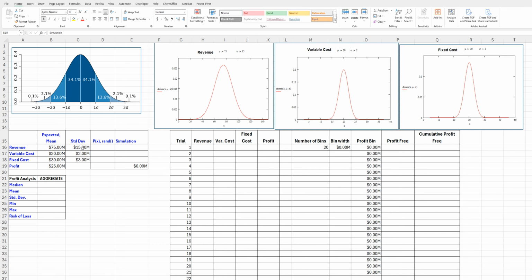So we are going to say that the revenue has a standard deviation of 15 million, variable cost 2 million, fixed cost 3 million. And you can look at the relative amounts. For the variable cost and the fixed cost, the standard deviation is about 10%. The relative standard deviation for the revenue is 20%. So what we're saying is that there's a little bit more risk in our revenue than there is relative to our